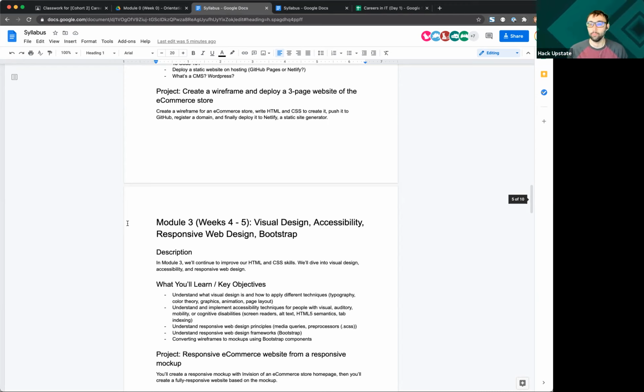So you're going to learn about Bootstrap in here. Dana's accessibility module is going to be in here. And Christy Pressler is also going to be teaching a little section on wireframing and mockups, and how do we design something before we go out and start coding it all together. So that is module 3.